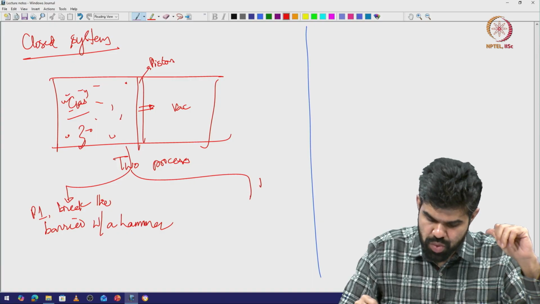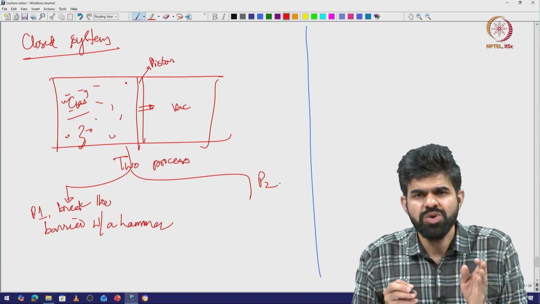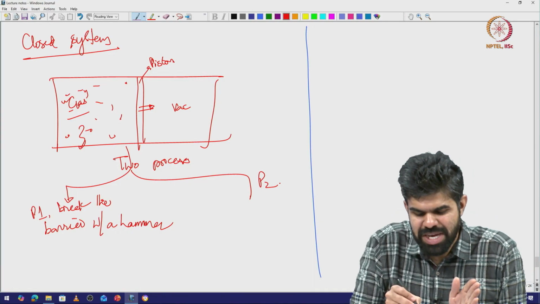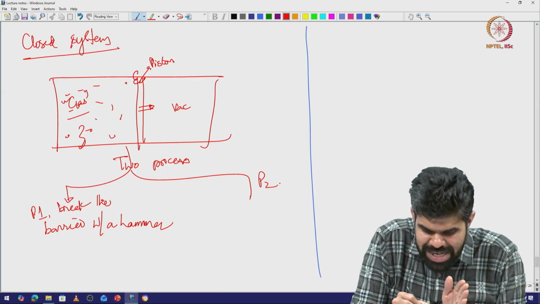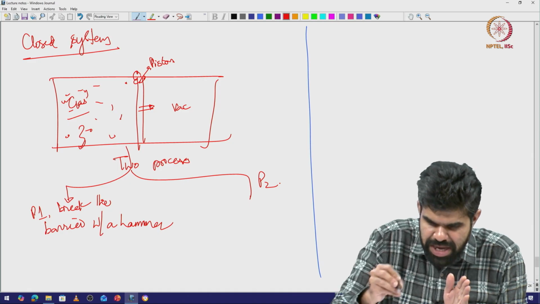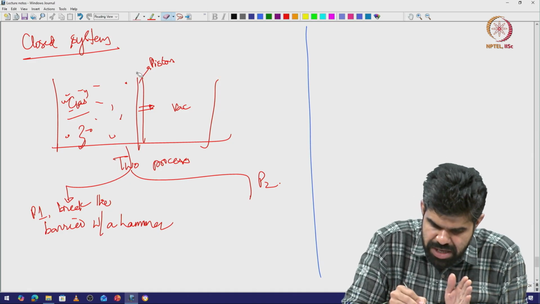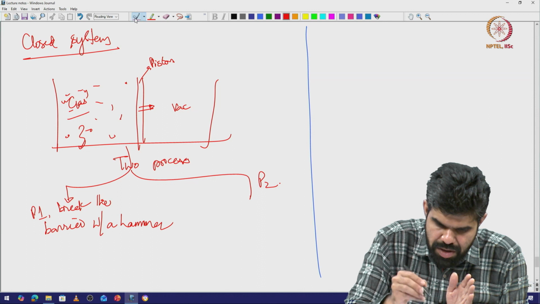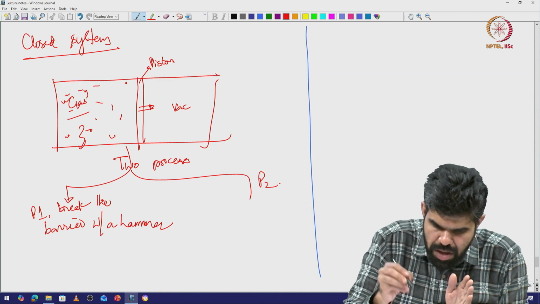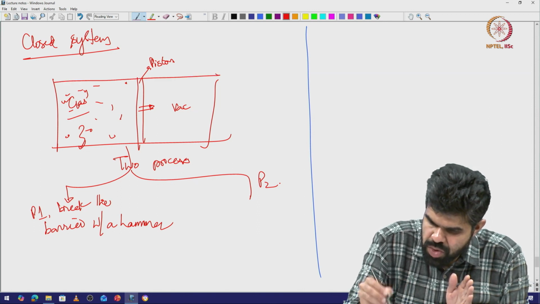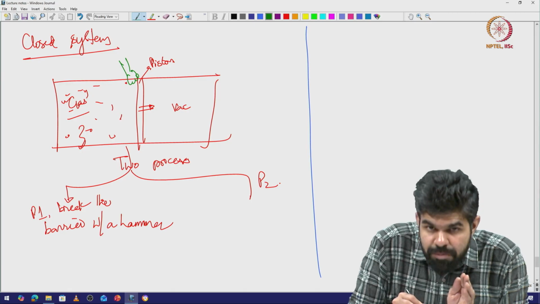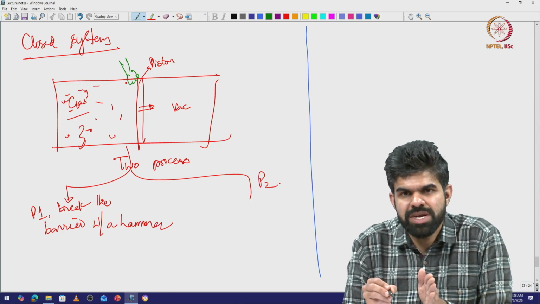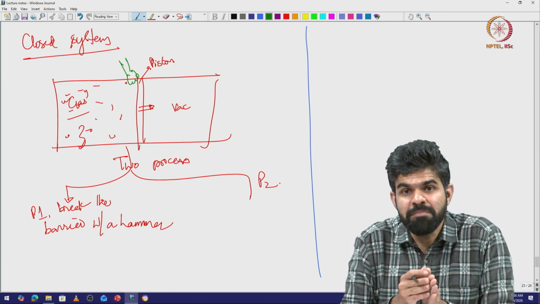Then process 2 is, do it very slowly. So, first I do some work. So, some invisible hand is doing work. Let us say this is my hand, let me draw my hand. Let us say my hand is green in color. So, an invisible hand is coming here and it is slowly pulling it out, slowly pulling it out, preventing it from completely expanding.